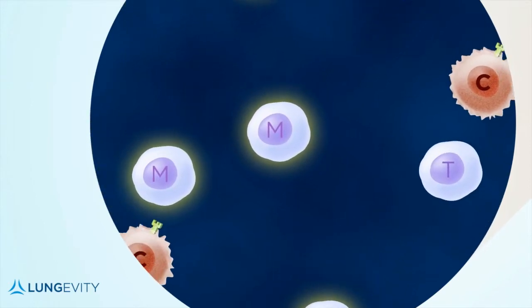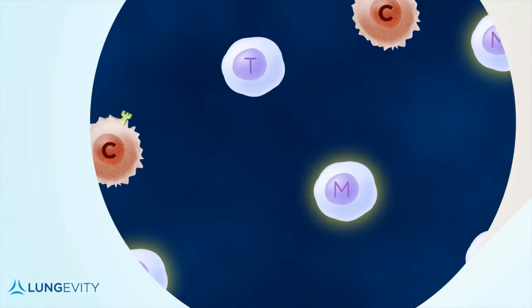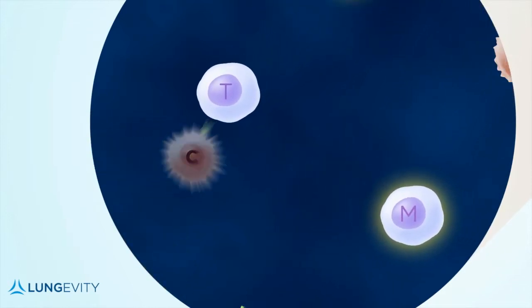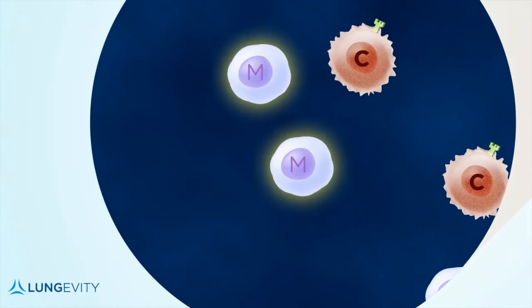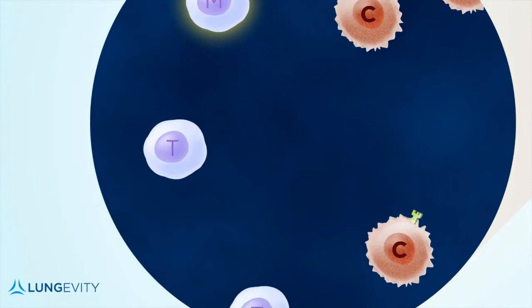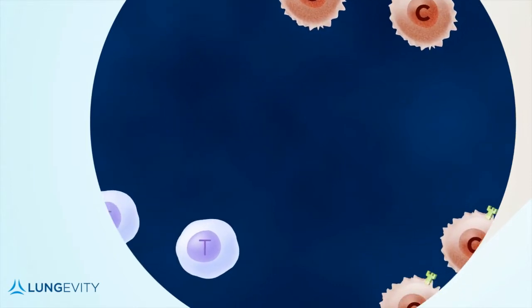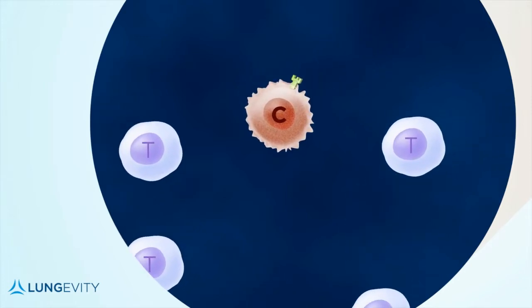Memory T cells ensure that the attack on cancer cells can persist long term. The memory T cell also allows for future responses against the specific antigen on cancer cells if and when the cancer comes back. So if the immune system recognizes the lung tumor cells and can destroy them, how can the